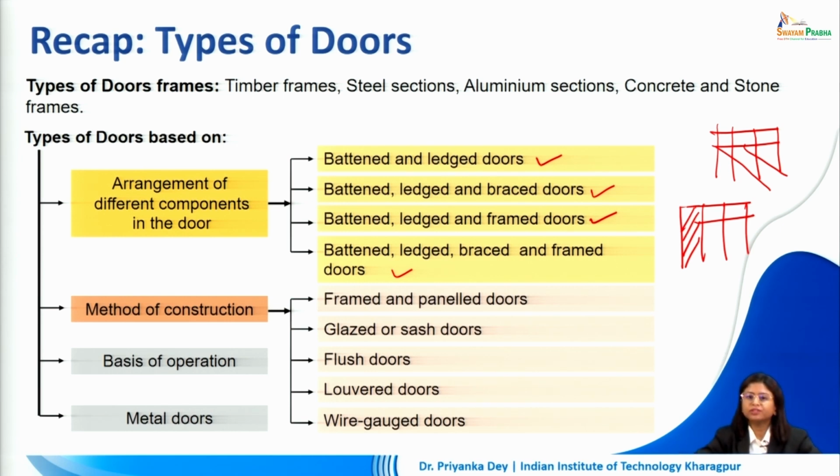With respect to method of construction, we can have framed and panel doors. So panel doors can be 1, 2, 3 or up to 6 number of panels. We can go for glazed or sash doors. So in this case we are using glass in the place of the panels, so there is more entry of light into the space. We can use flush doors which have a flush finish or a smooth finish on top. We can have louvered doors commonly used in bathrooms. They can allow ventilation of movement or air while ensuring privacy. And we can also have wire gauge doors to prevent the entry of insects but still allowing the passage of